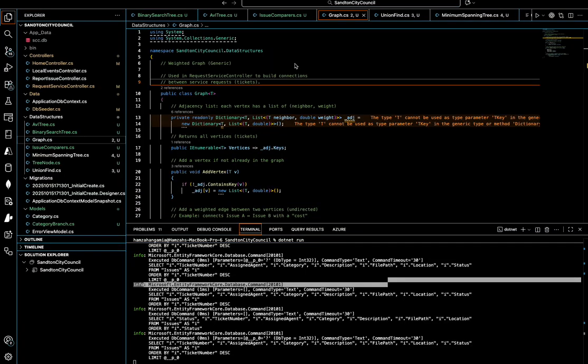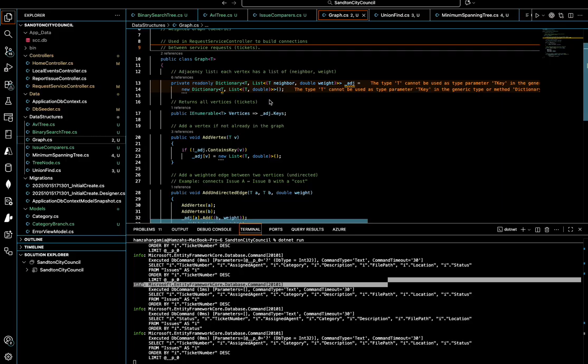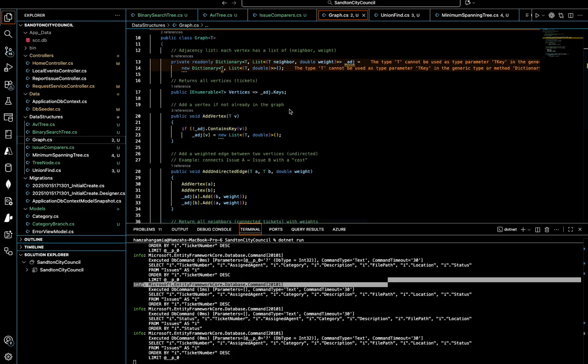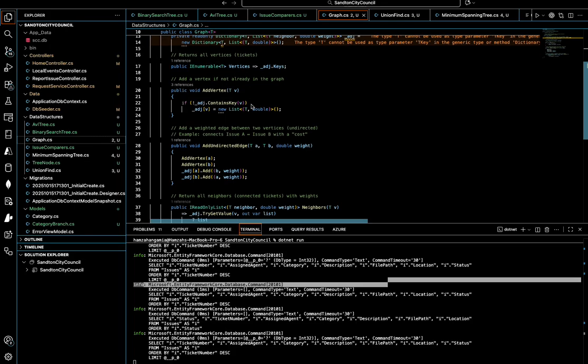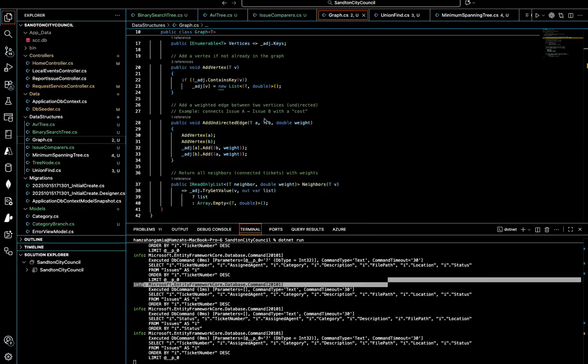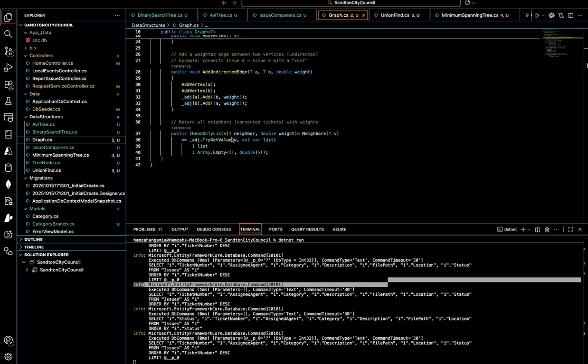This is my graph page. This is used in the service request controller to build connections between the tickets, the service requests. Each vertex has a list of neighbor weights. It returns all vertices, basically the tickets, adds a vertex if not already in the graph, adds a weighted edge between the vertices, and returns all